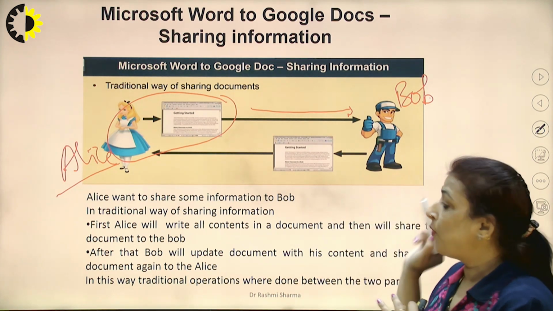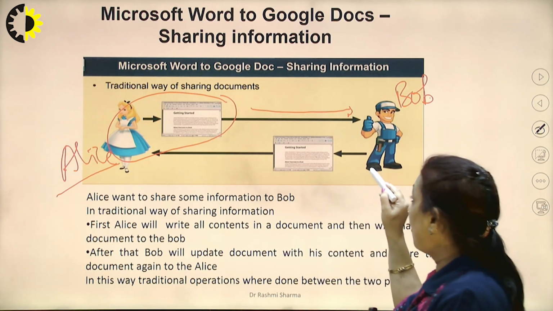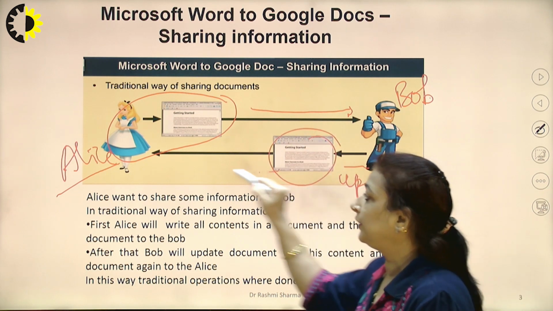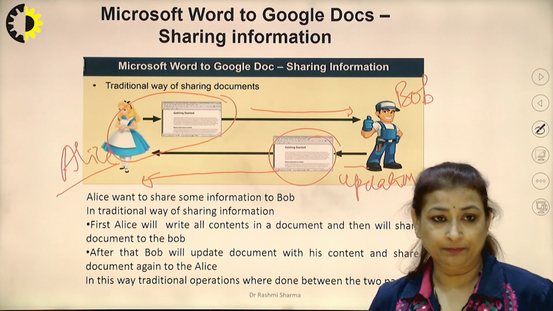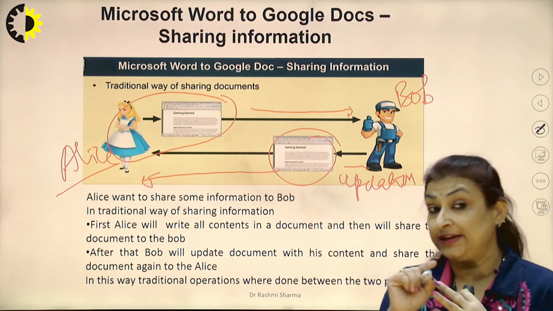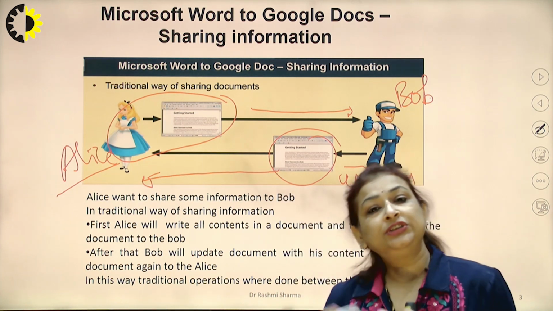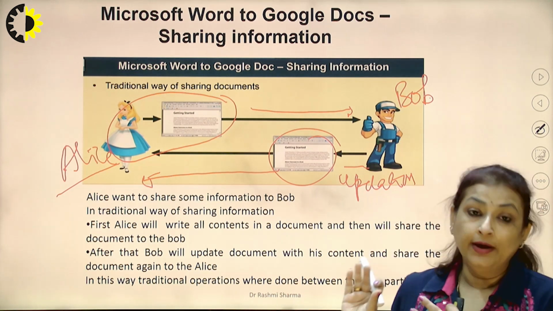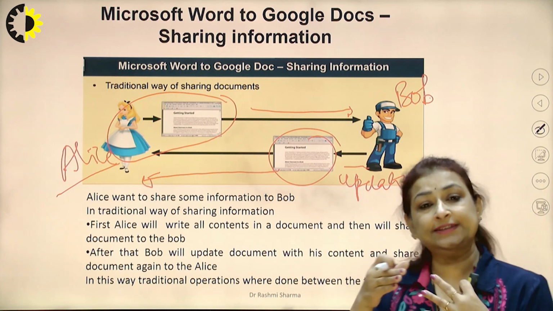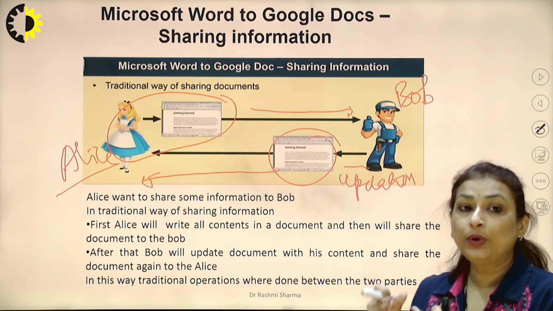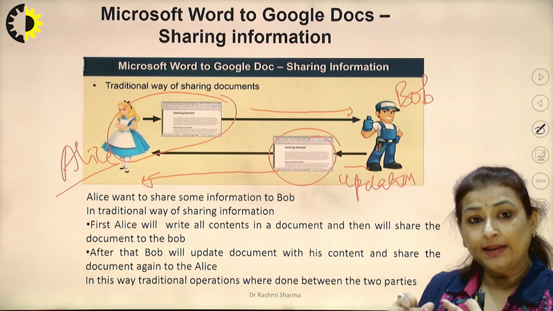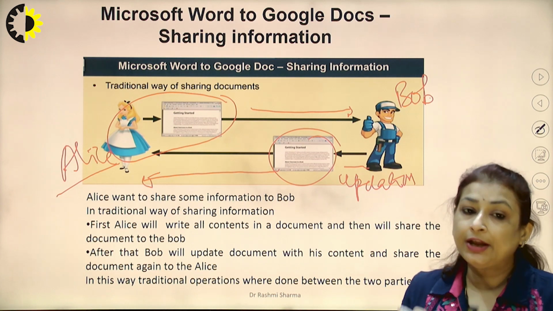Now, if Bob has to make some changes, then Bob will make those updates and then again send this document through the network or internet to Alice. So in this, the major drawback was that once Alice updated the document and sent it to Bob, then Bob updated it, made all the changes, and sent it back to Alice. So the main drawback with this information sharing platform was that Alice and Bob both cannot simultaneously change this